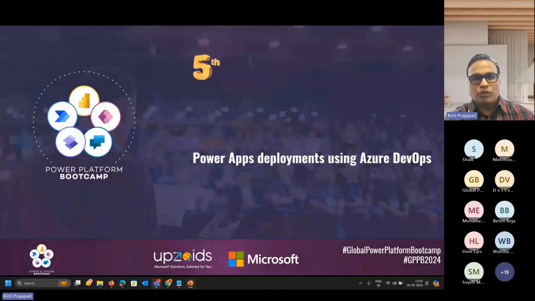In today's session, I'm going to talk about how we can use Azure DevOps for Power Apps deployment. Power Apps deployment consists of all kinds of artifacts. It could be your Canvas app, model-driven app, web resources, workflows, or any artifacts we are going to use in